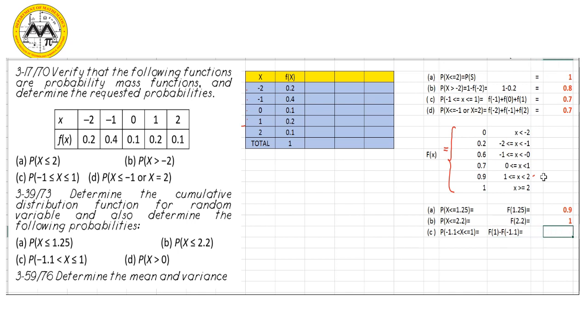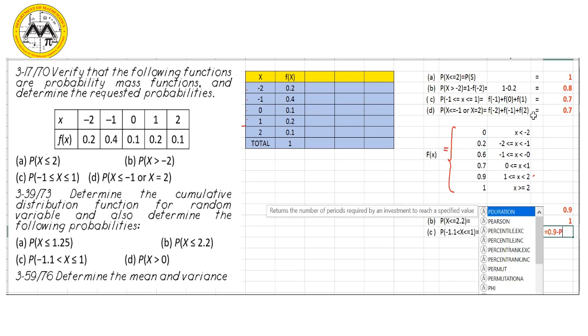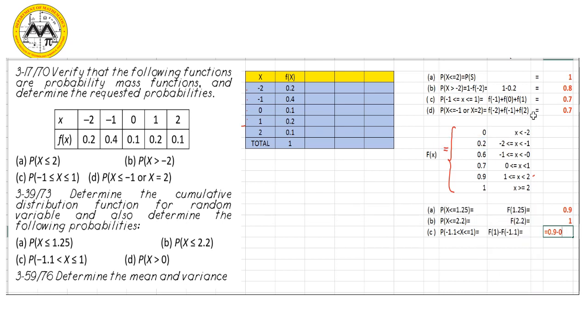So what is f of 1? F of 1 is, when x is 1, it is 0.9. So that would be 0.9 minus f of -1.1. -1.1 is here. So that would be 0.2. So the probability that we're looking for is 0.7. And then for letter D,